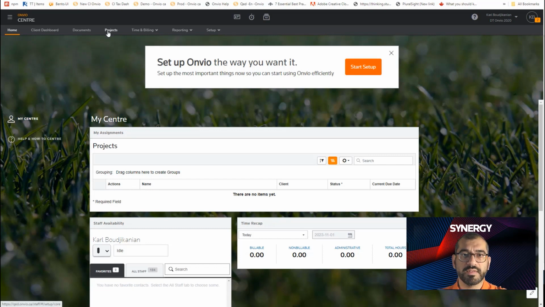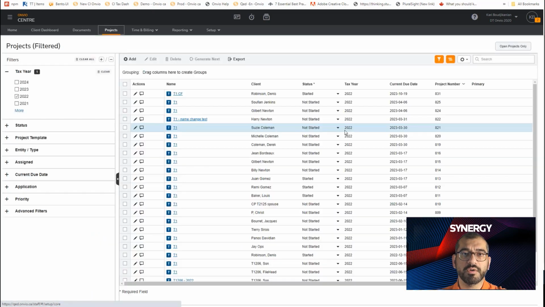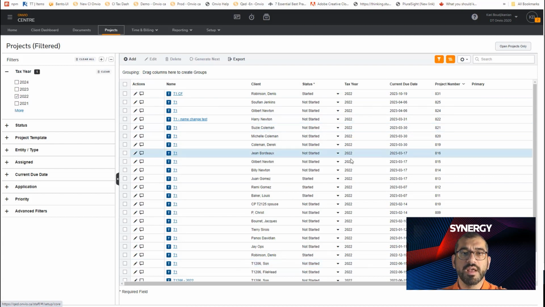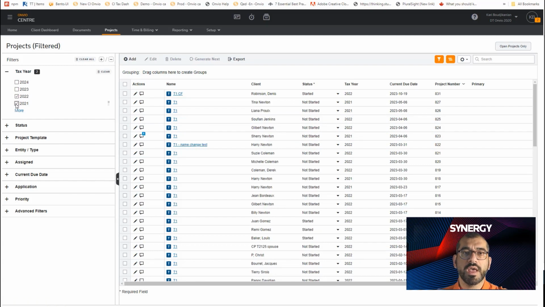So in Onvio Tax, tax files are called tax projects, and you launch them from this area here, which is called the projects grid. And as you can see, I have here 2022 tax year projects. If I want to add 2021, it's really just a checkbox click. And then if I want to remove the 2022, I click on the related filter checkbox and I remove the